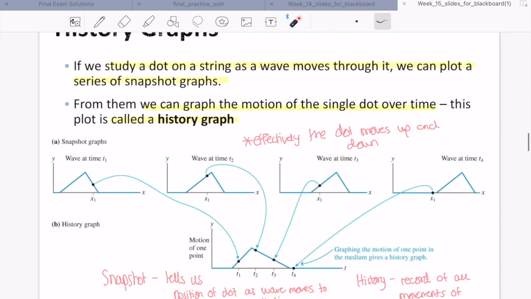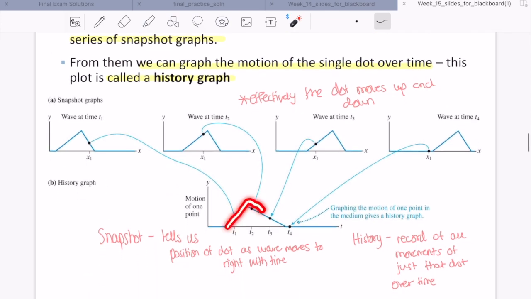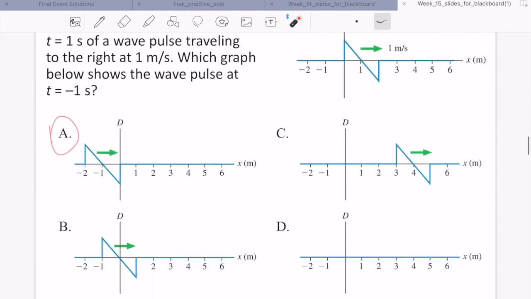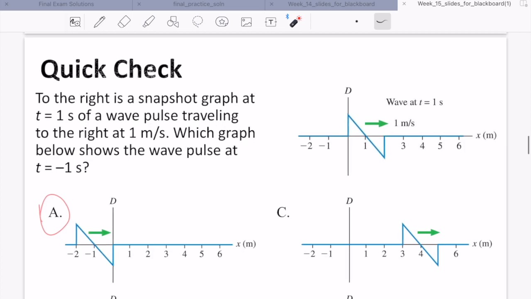History graphs, once again, will just show you how that medium will move over time, right? So it'll go up and down. The green bead will move up and down as it goes. But yeah, this is an example of how to look at these snapshot graphs. So if you have a snapshot graph at time equals 1 second, where you have a wave